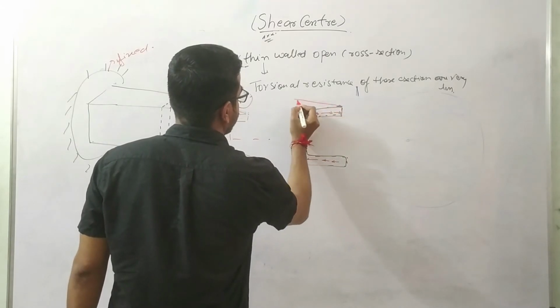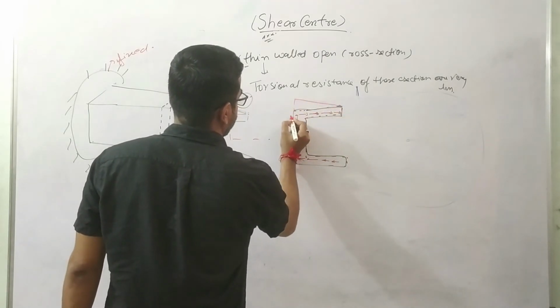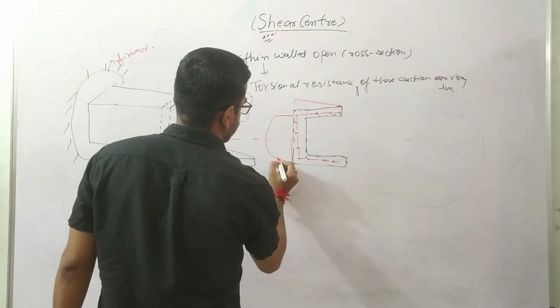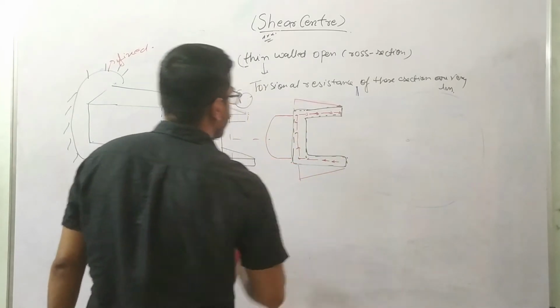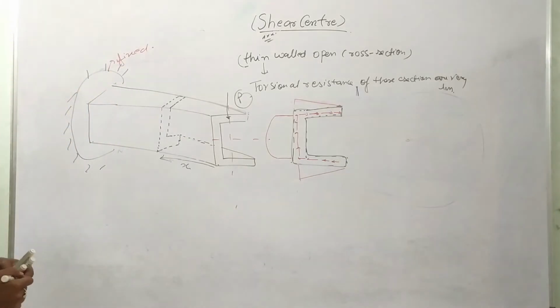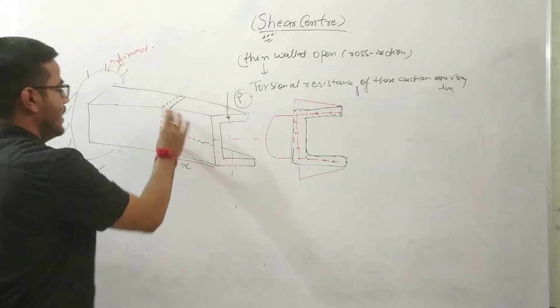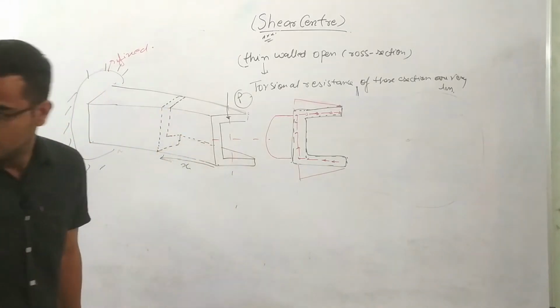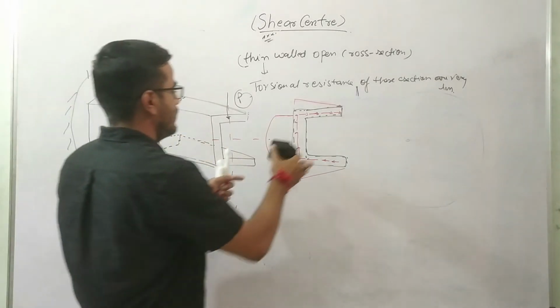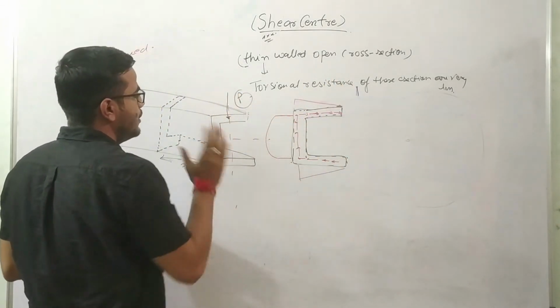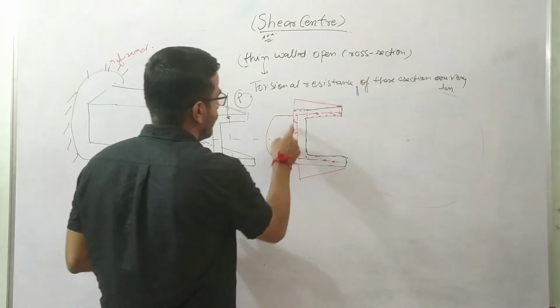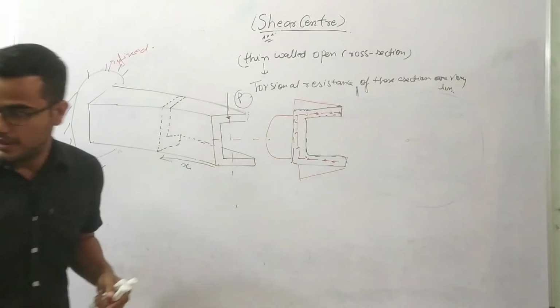We'll have linear variation over here, and then we'll have some parabolic variation. These things we have already discussed in detail. So this is our shear distribution, right? At this cross section, at a distance of x, this will be the shear stress distribution, because the load is acting in this vertical downward direction, and to balance that load, we'll have some shear flow in the vertical upward direction, right?